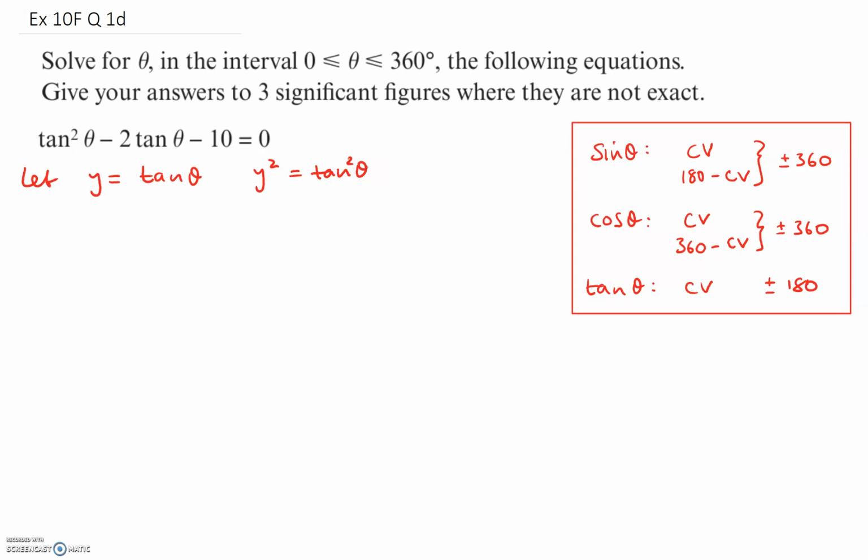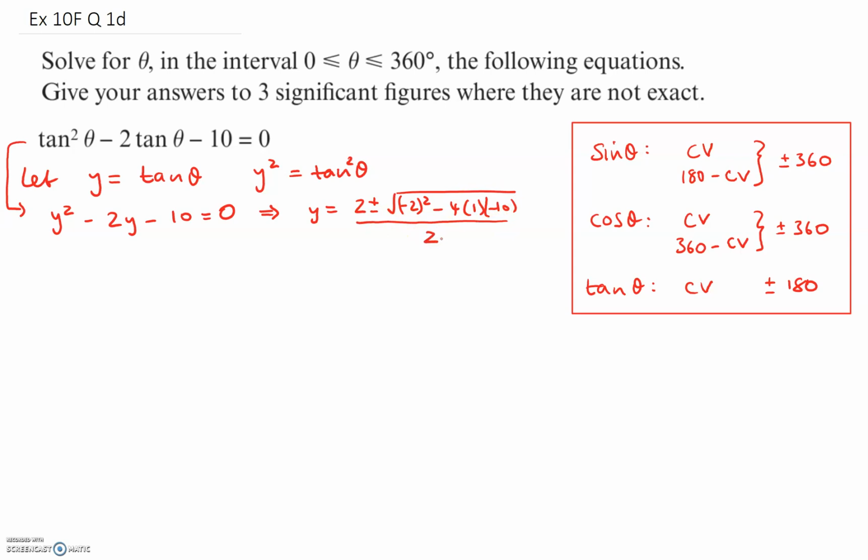That turns this entire equation into y squared minus 2y minus 10 equals 0. So that's a quadratic which you know how to solve. Unfortunately, we can't factorize that one, but we can use the quadratic formula, and I very quickly do that. Use the quadratic formula, we get something like this, and putting that into your calculator would just give you these as two solutions. Okay,